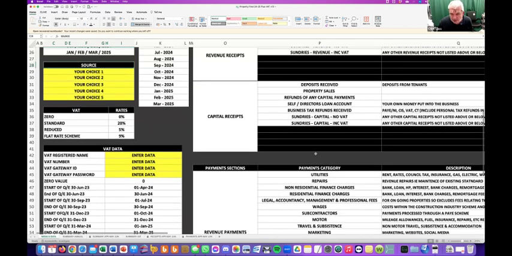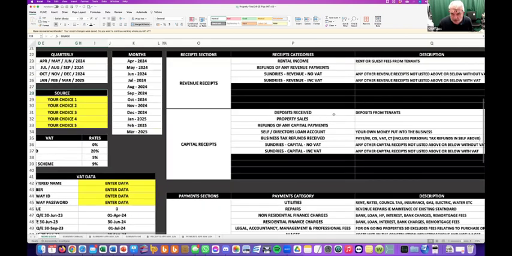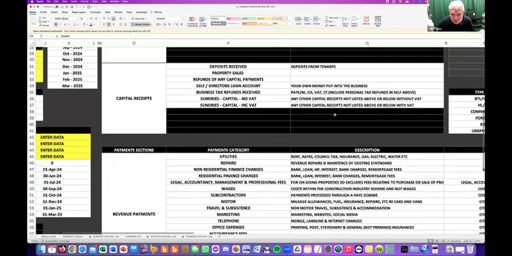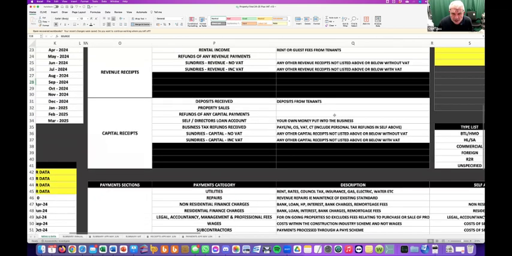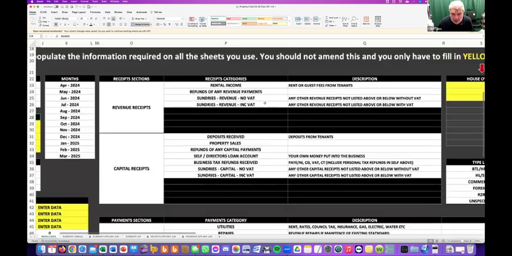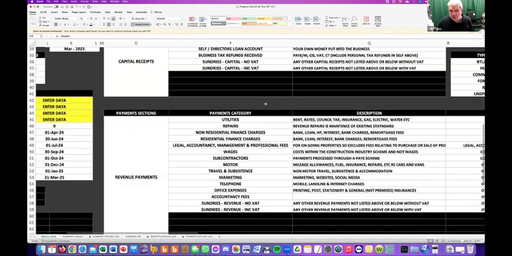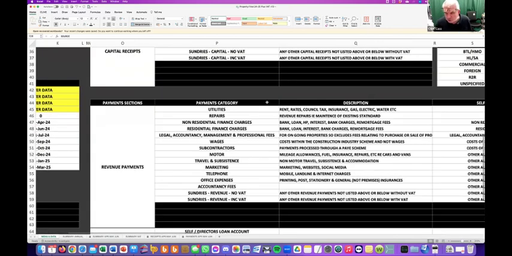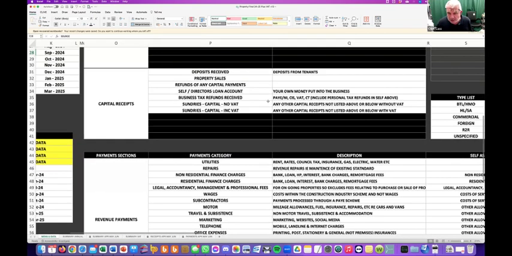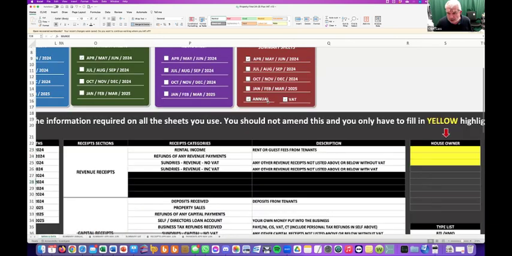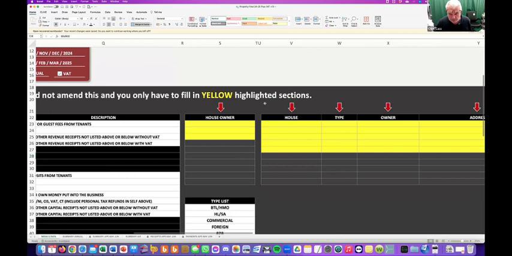And all the categories here, the categories of payments and receipts, they're very, very slightly different. I may have called them rent, like at the top there, rental income instead of sales. So they're more or less the same categories, but I've probably just tweaked 1 or 2 of the names of the categories, very slightly, to be more useful to somebody in property. It's this section over here that is